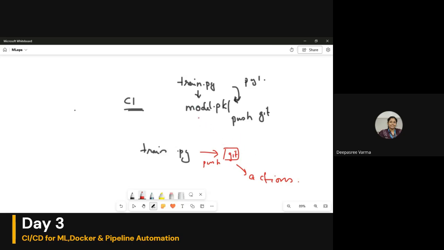The model will create the new model.pickle and store it in a place that we see. So you need not do all these things every time.